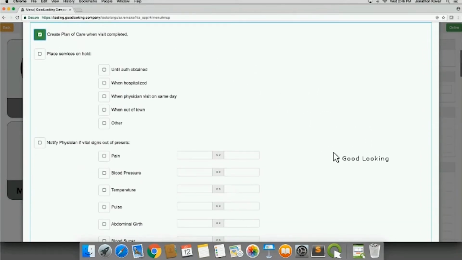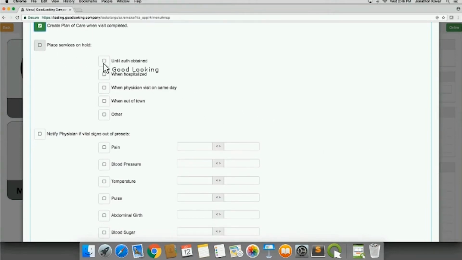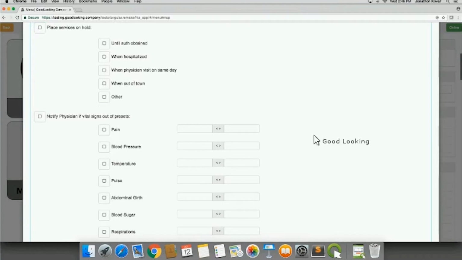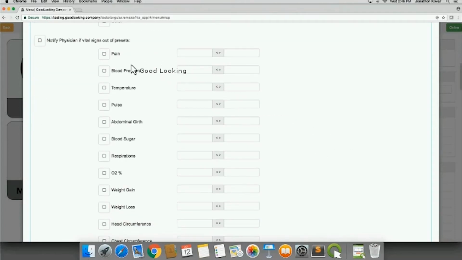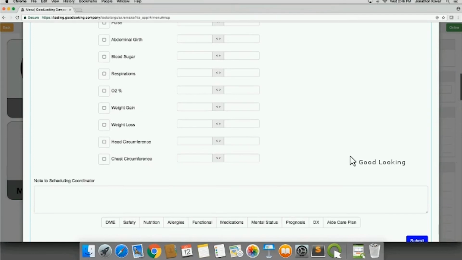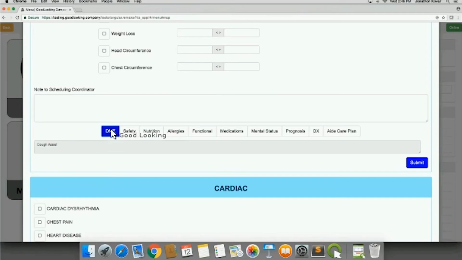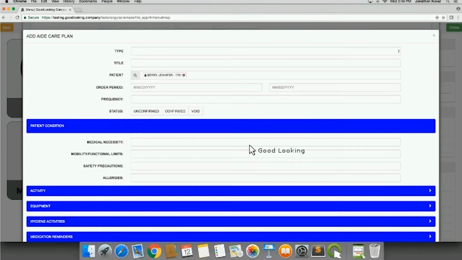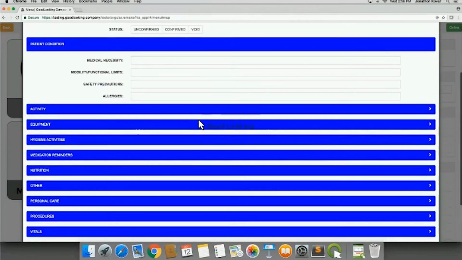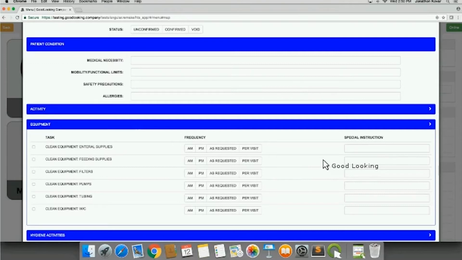Whether you want us to create a brand new plan of care whenever this visit is completed, this is the ancillary information that goes on your plan of care. If we need to place services on hold until the authorization is attained, if we need to notify a doctor about any of our vital signs that are out of parameter, if we wanted to send a note to our scheduler, maybe the patient has a lab due on a certain day, or the next time they're going to see their doctor, all of our DME, safety, nutrition are automatically created based upon that assessment that we showed earlier. And you can also create your aide care plan